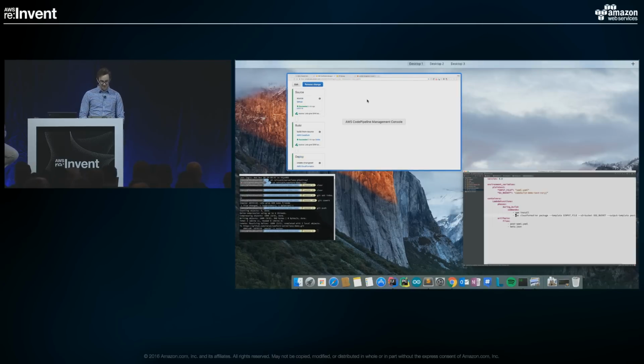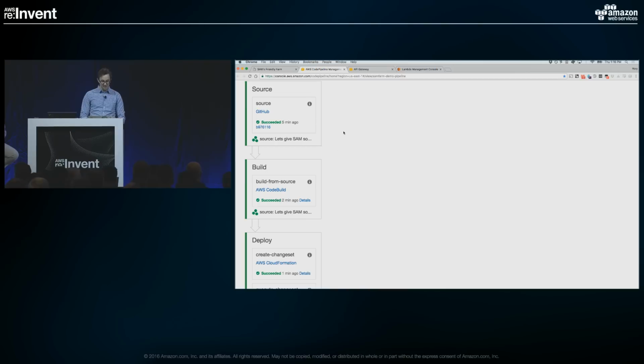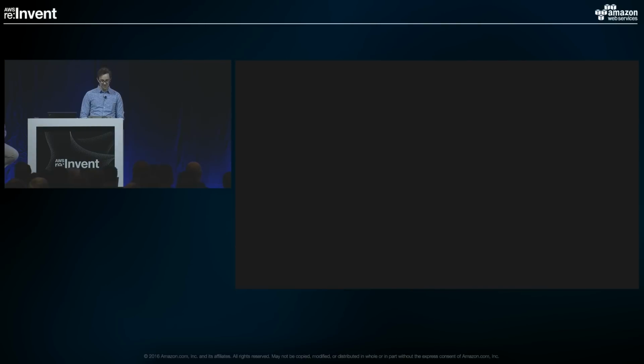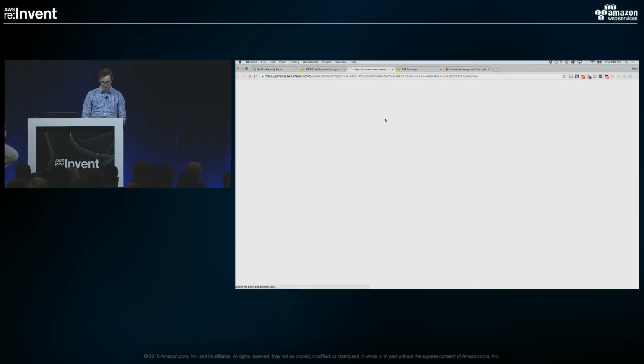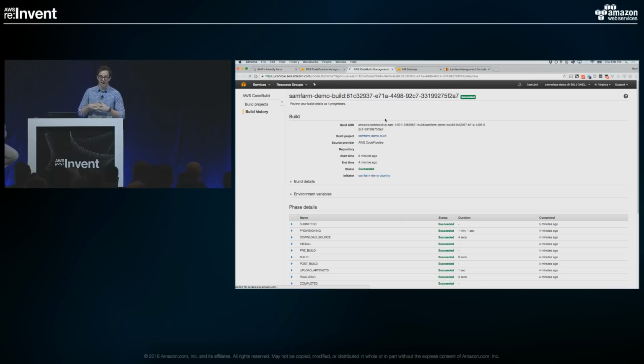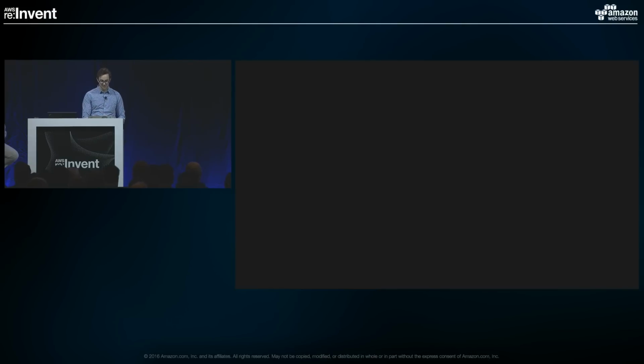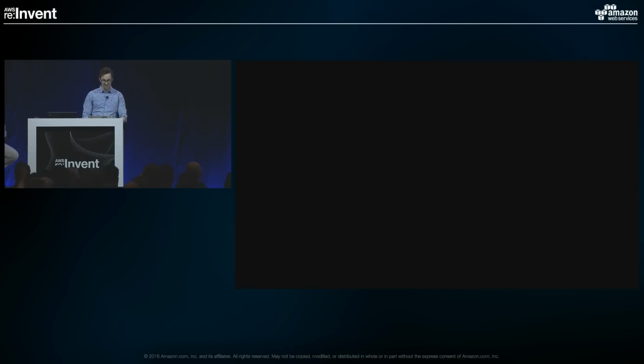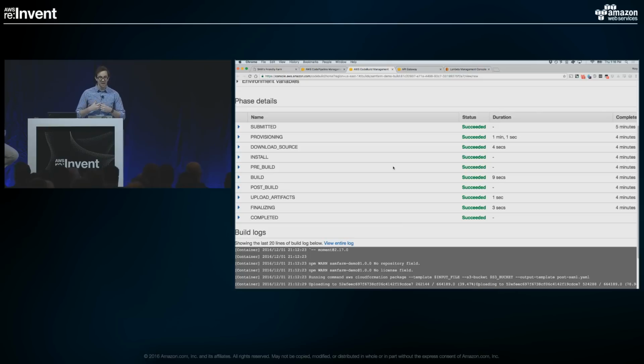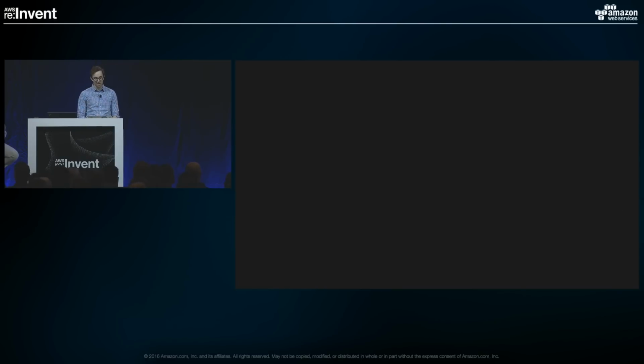If we go back to CloudFormation here, we can see inside CodeBuild that it has run all the steps. It has taken everything, it has run my build steps, and it has given me that output artifact.